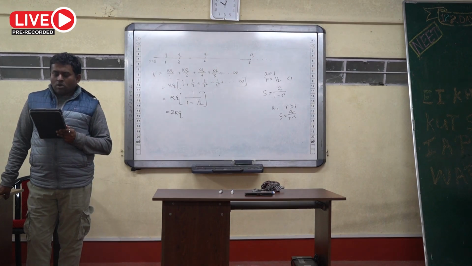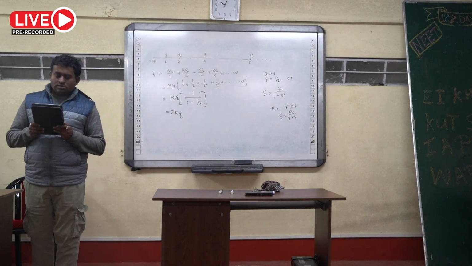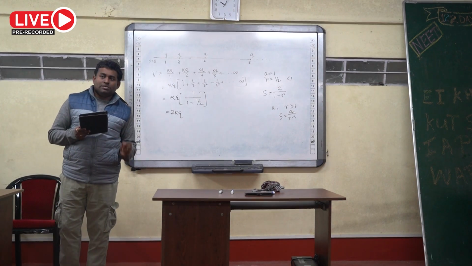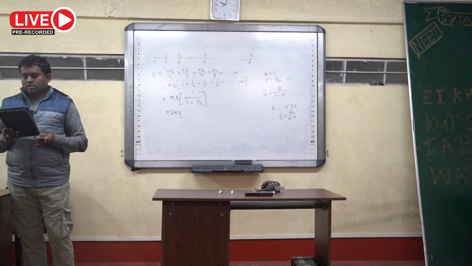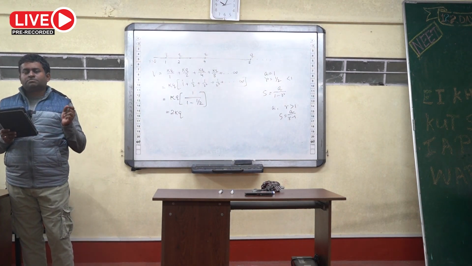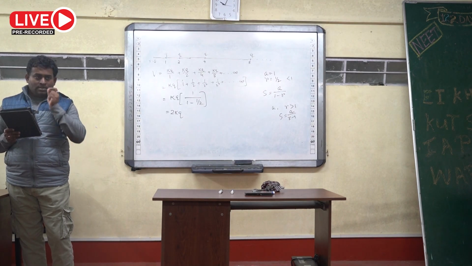The work done in moving a charge plus capital Q, previous charges are small q, along a semicircle